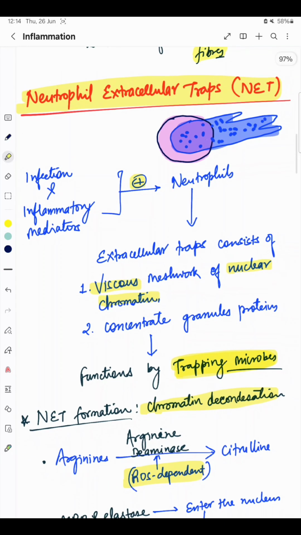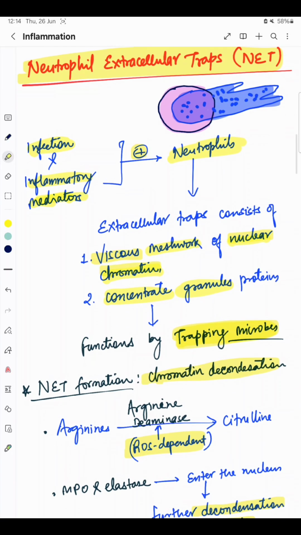In infection, inflammatory mediators stimulate neutrophils to form extracellular traps, which consist of a viscous meshwork of nuclear chromatin and concentrated granule proteins. This viscous meshwork of nuclear chromatin and concentrated granule proteins makes the extracellular trap, and this net basically traps the